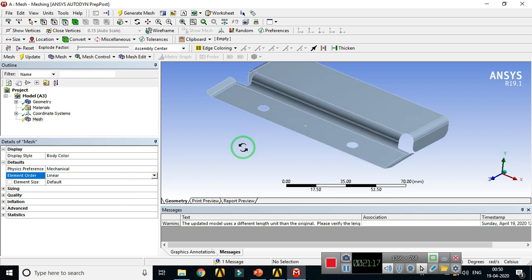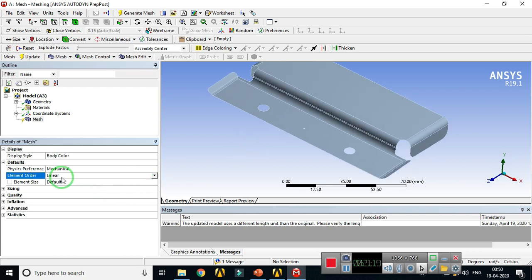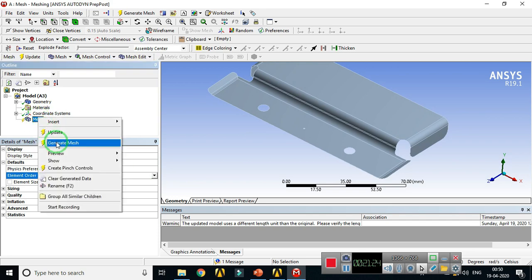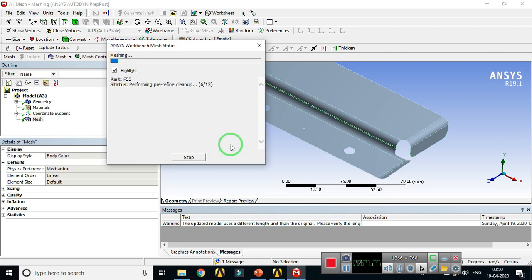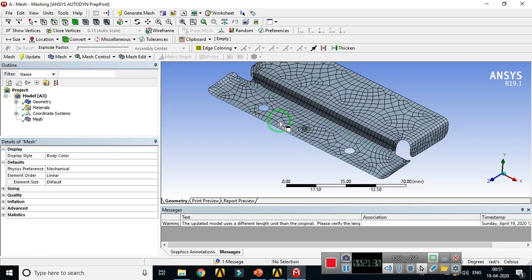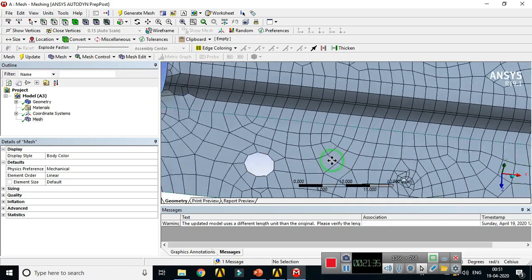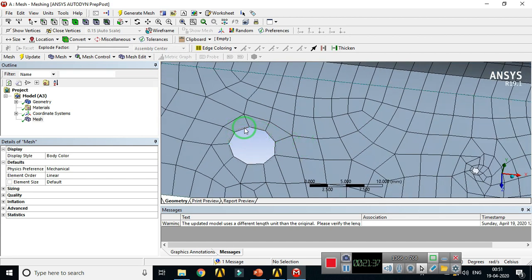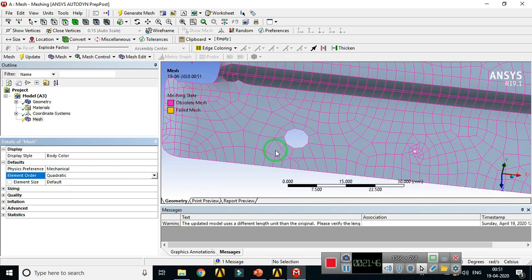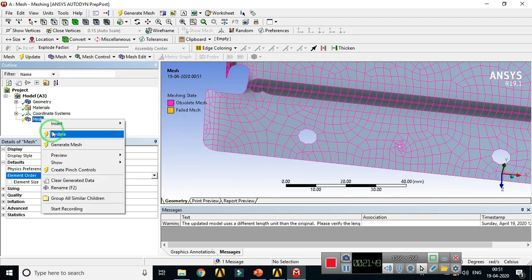When you set linear as your element order and mesh the given geometry, see the surfaces near the curvatures. Here you will find the curvatures or the hole captured using straight sided elements. When you change the setting from linear to quadratic, you will find the difference. So again, update the mesh.